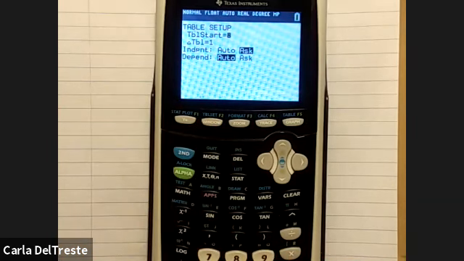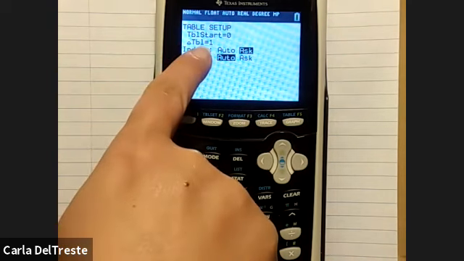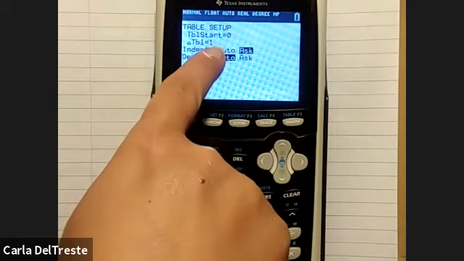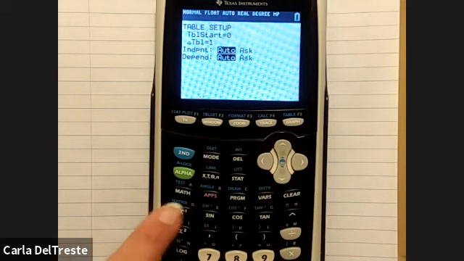I can start my table wherever I think is appropriate. 0 is usually good. And this triangle means change in table. So in other words, what do I want to count by? So maybe I want to count by ones. I'm going to leave both of these on auto